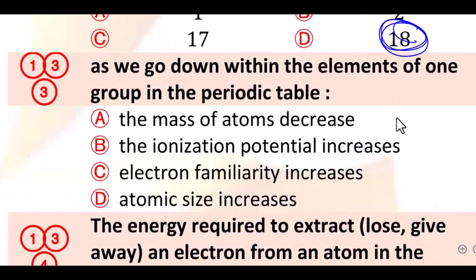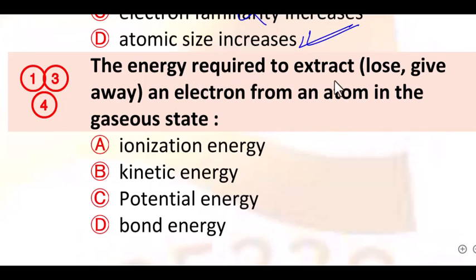As we go down within the elements in one group of the periodic table, the mass of the atom increases, the ionization energy decreases, electron affinity decreases, and atomic size increases. Yes, atomic size increases. The energy required to extract, lose or give away an electron from an atom in the gaseous state is